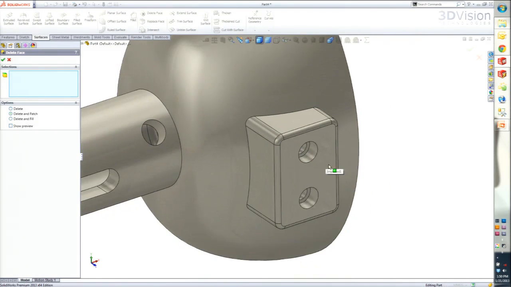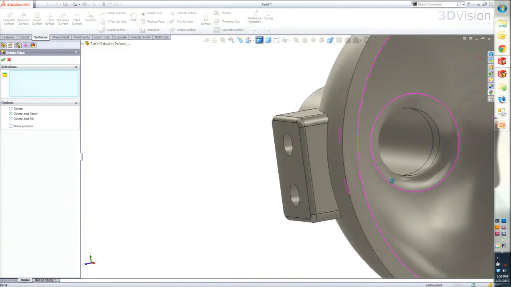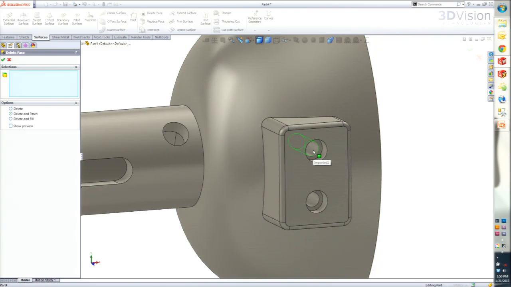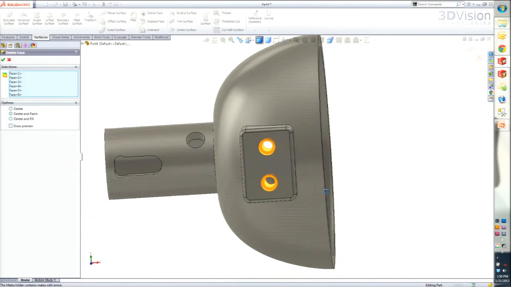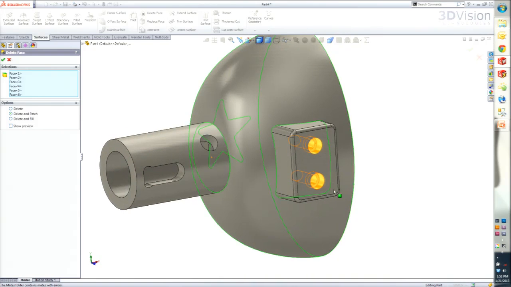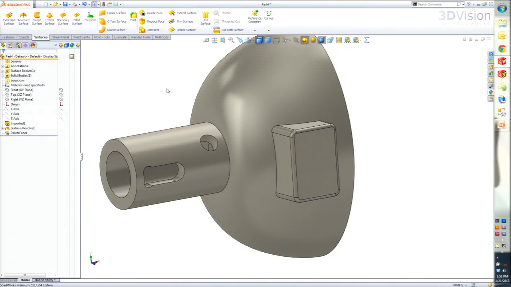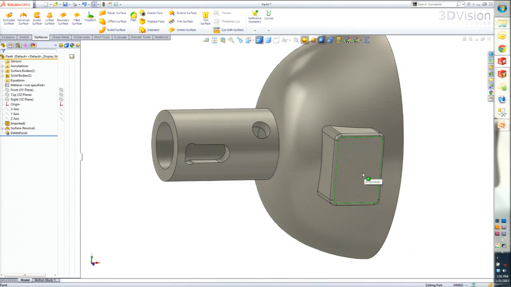So first thing I'm going to do is we can see that these holes go through over to that curved surface on the inside and up to this surface at the top of this little boss feature. I'm going to go ahead and select this face, and luckily we have these little selection tools that can help us pick multiple faces at once, speed up the process a little bit. So what I've done is I've selected all the inside faces of that hole. I'm going to select delete and patch, and it fills in that surface, fills in the surface on that top